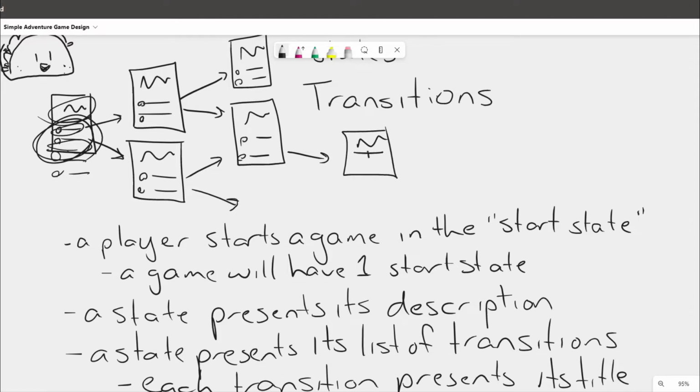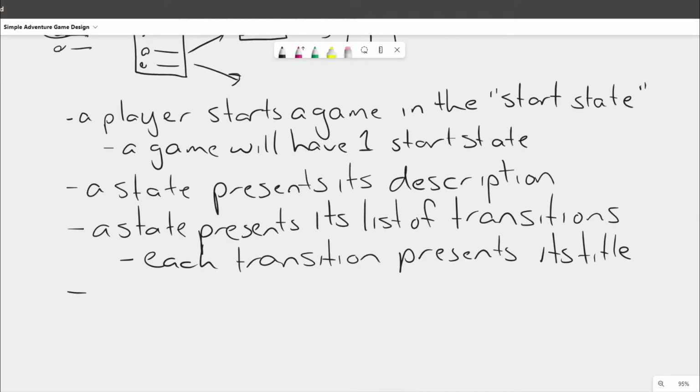So we'll call this a terminal transition. A transition defines how a user moves from the current state to a new state. And so we can say that when a user clicks a transition, they're taken to the next state